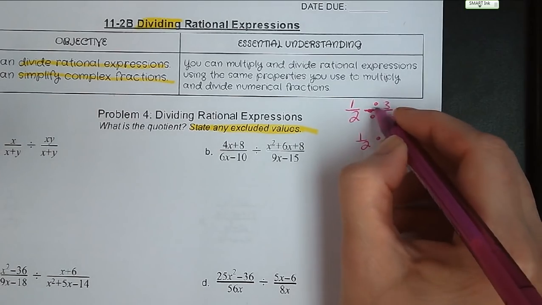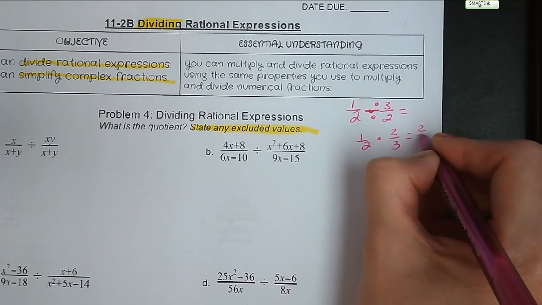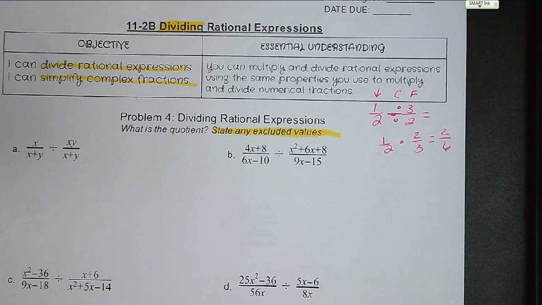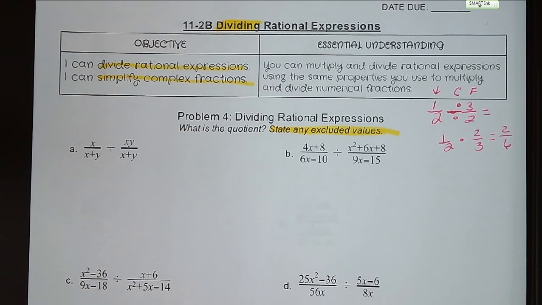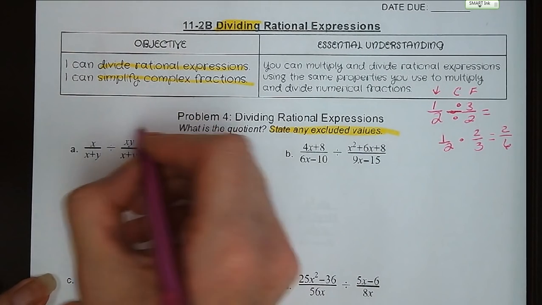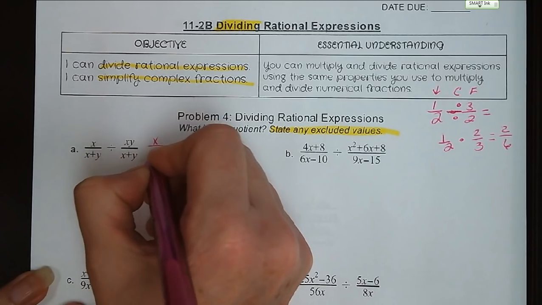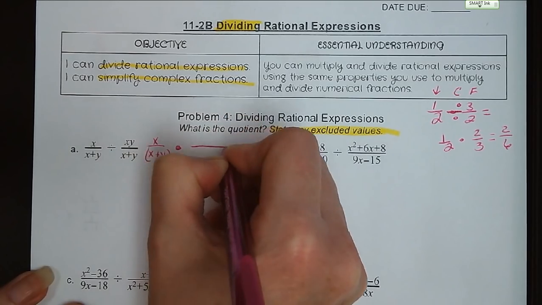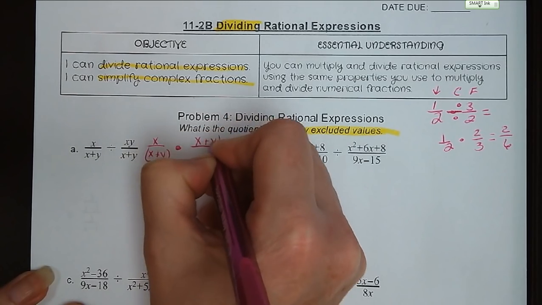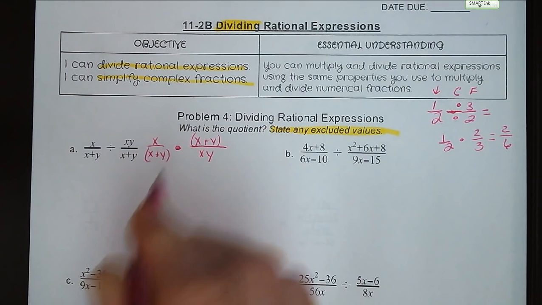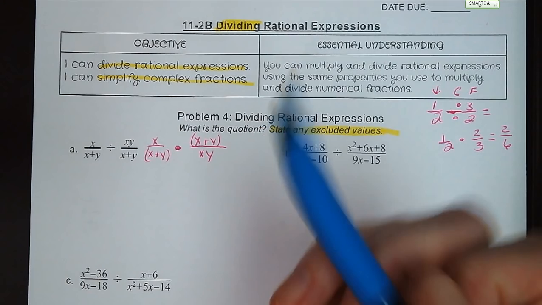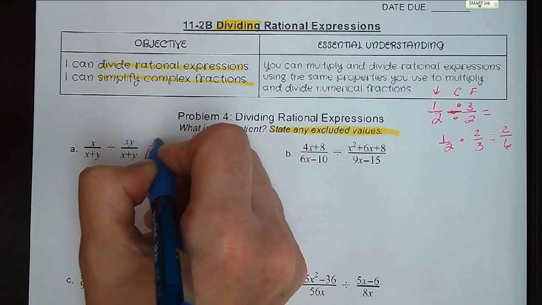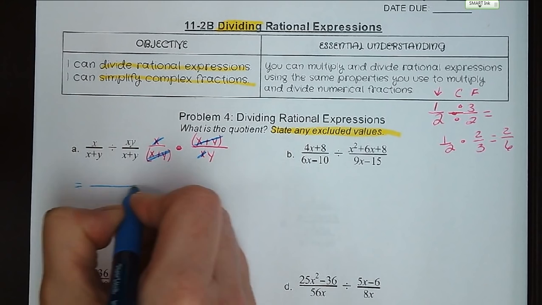Keep, change, flip. Otherwise known as multiplying by the reciprocal. So we are going to keep our first fraction, x over x plus y. Change. We're going to change it to multiplication, and we are flipping our second fraction. x plus y is now going to be over xy. Over, under. Okay, now we just need to cancel out terms that are going to cancel, and I'm left with 1 over